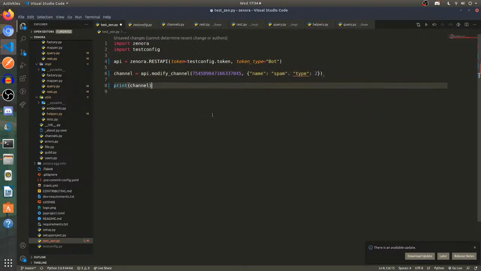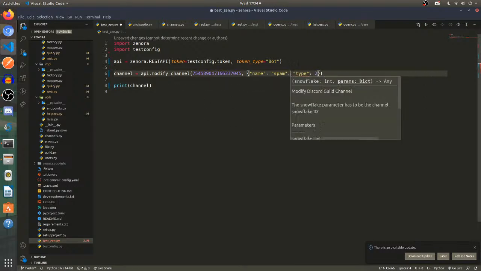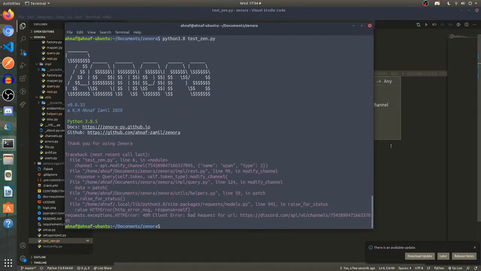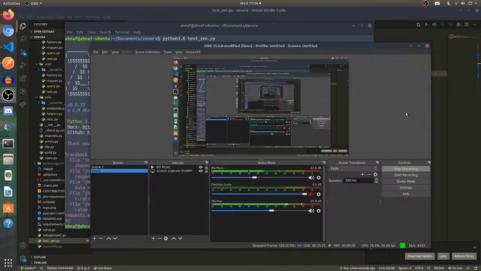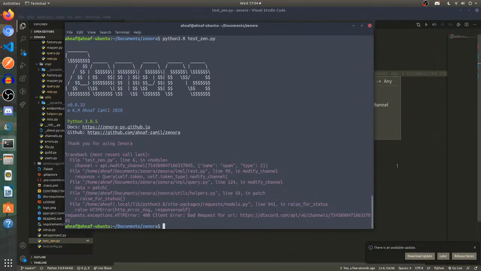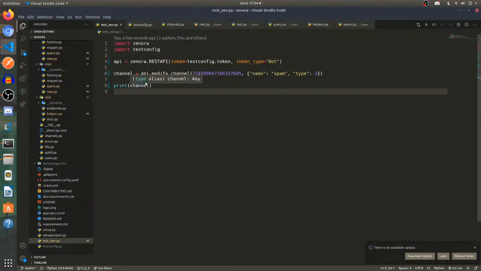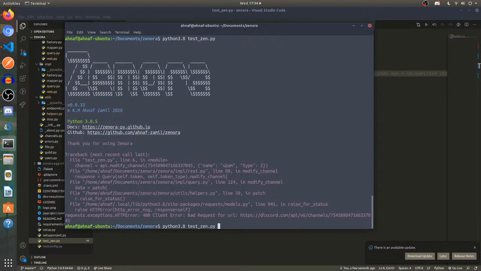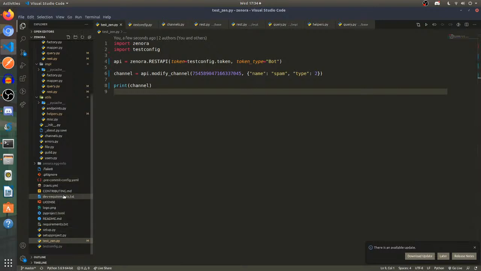This is supposed to be an integer. Oh, my bad. Yeah, if we do the request, oh my god, are you kidding me? Yeah, so OBS is actually doing a good job. I sometimes get really scared if OBS is working or not. So this is actually working perfectly, the modify channel, but I need to wait for a bit to check if it's working or not. Yeah, requests is actually really mad right now.